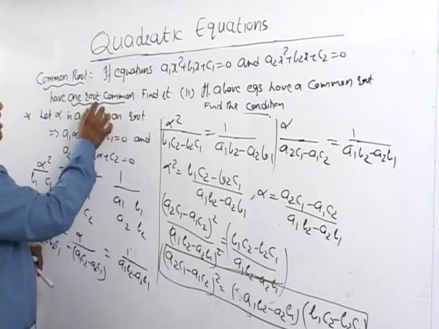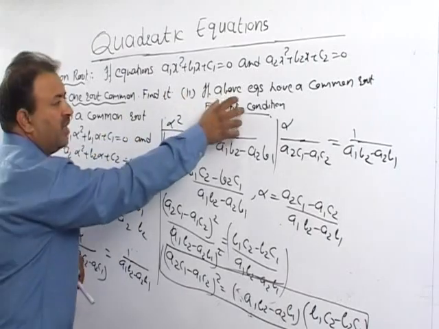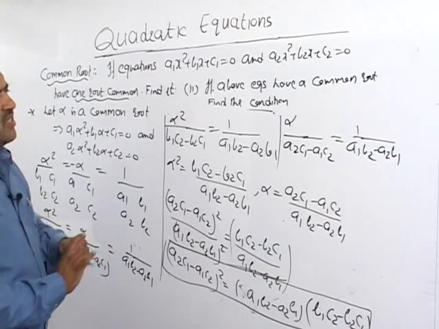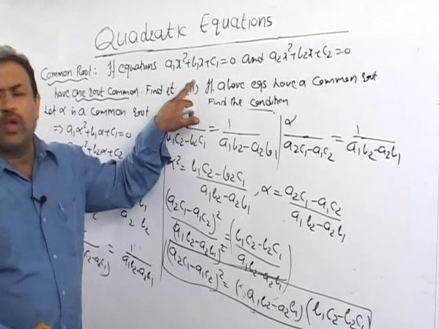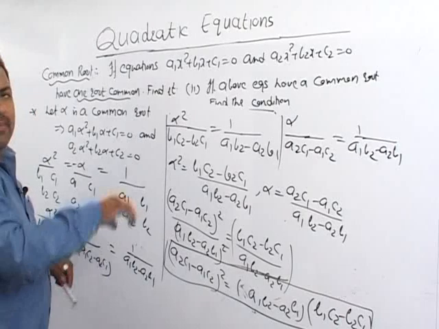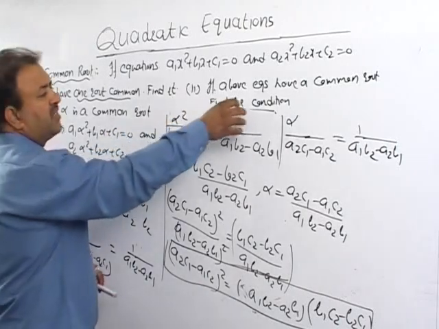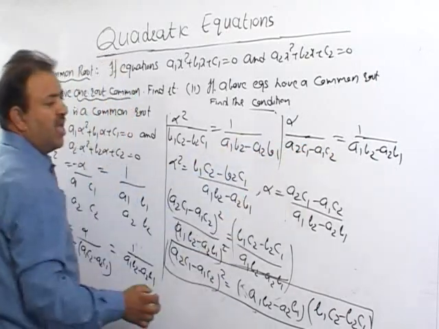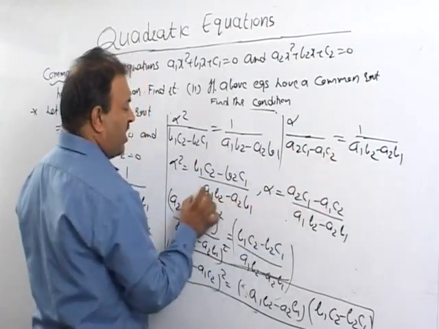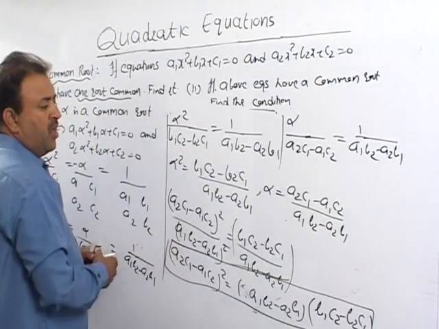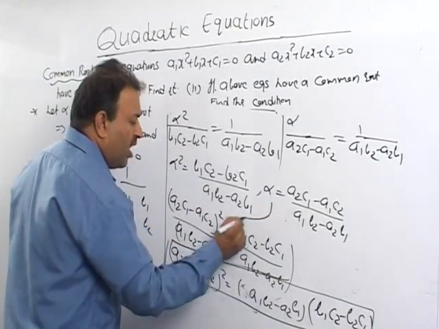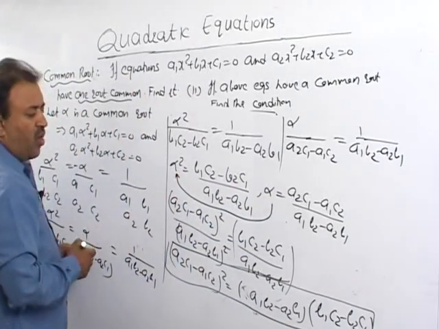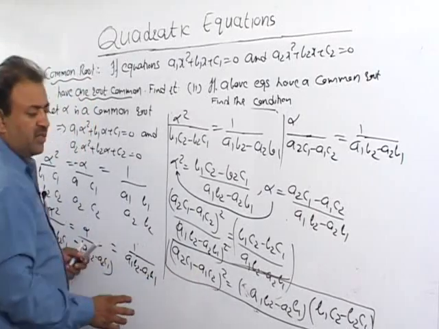Now we are trying to find the direct condition. One part we have already done, I have explained it over here. Since this part is more likely to be used for objective questions, I am concentrating on this part. I'll take first and third, and I'll take second and third. I find alpha from here and alpha square from here. Now substituting alpha over here, I get this equation and this result. This is the condition.